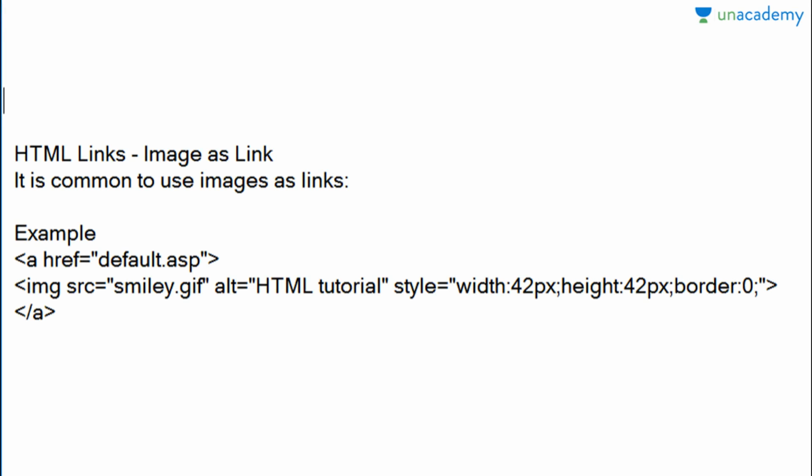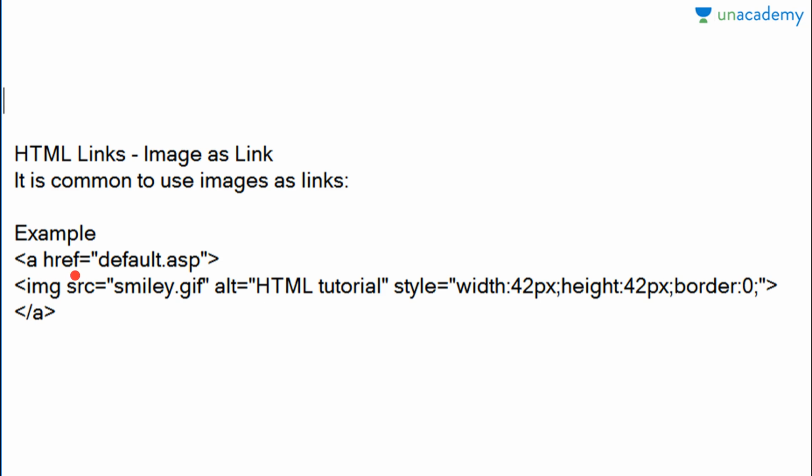Now let's study about how we can set a link as an image. Meaning you have seen certain images. When you click over the images, you are turned over to a new web page or a new website. What these are, these images are set as a link. So let's see how we can set it. We have to use the same link tag and then the image tag inside that link tag, so that image is set as a link.